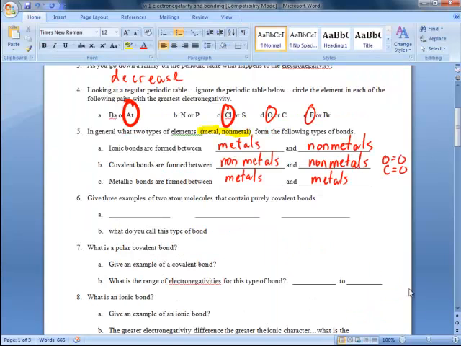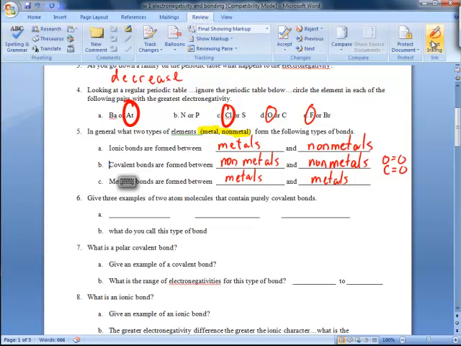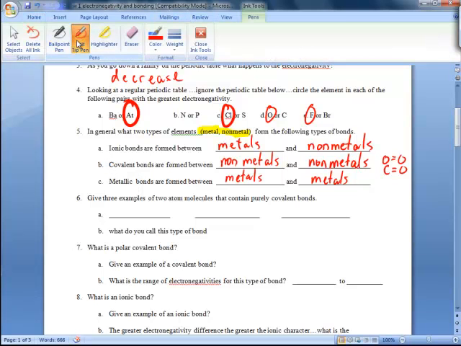So there are a lot of examples we could put here. I'm just going to throw in a couple of examples, like hydrogen combined with another hydrogen forms a covalent bond,